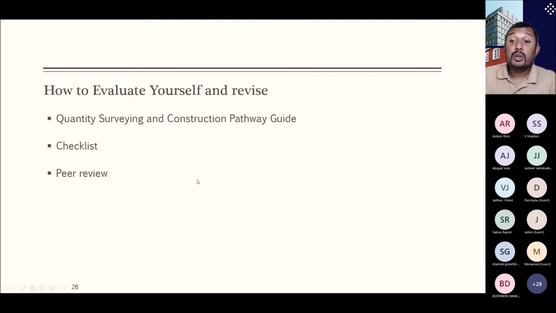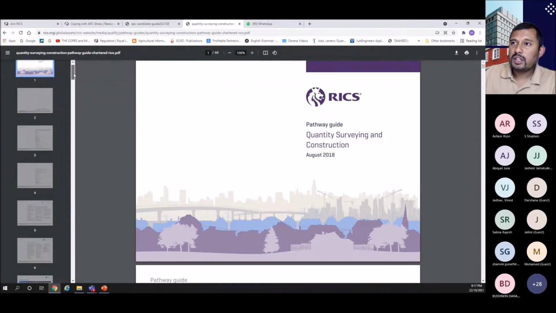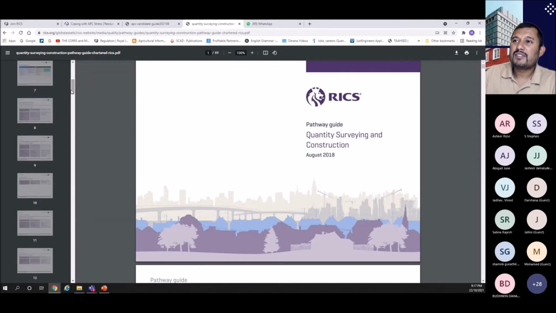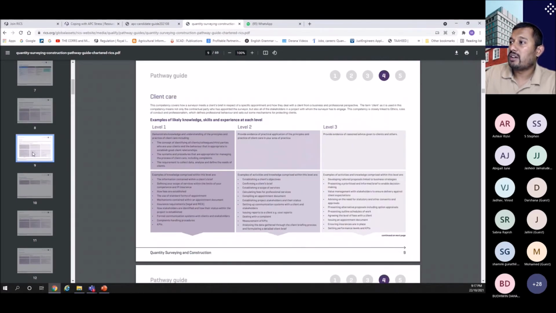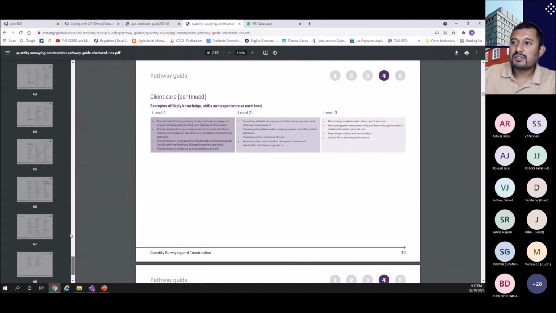Now, how to evaluate yourself now and revise. Now we'll go to the quantity surveying and construction pathway guide. So this is the quantity surveying and construction pathway guide. We will give you the link to this. So this is a 69-page document. You can read through that, and it gives individually, competency wise, what level 1, level 2, level 3 you need to achieve. But the most important part of this one is the